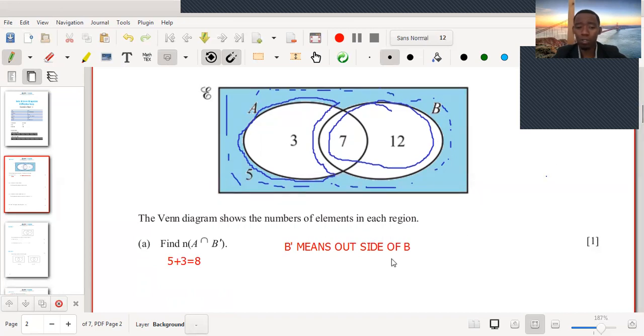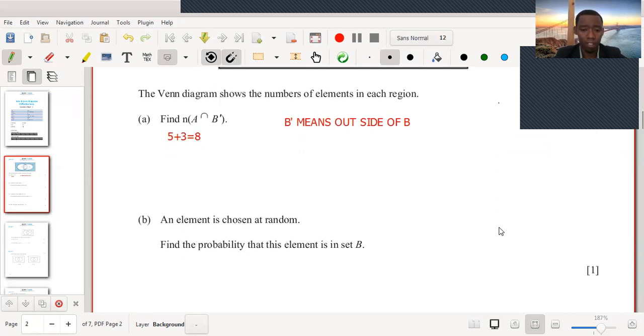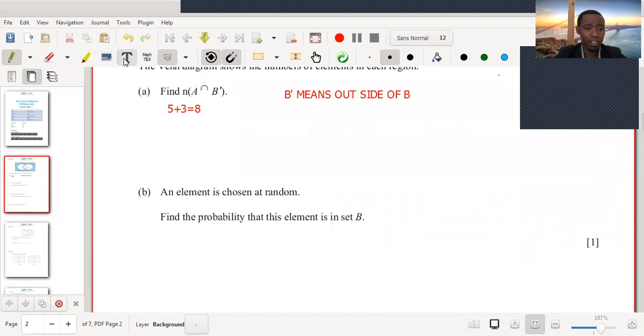First of all, we need to know how many elements are in set B. In set B you have 19 elements, because if you add them you get 19. Therefore, the probability of being in set B